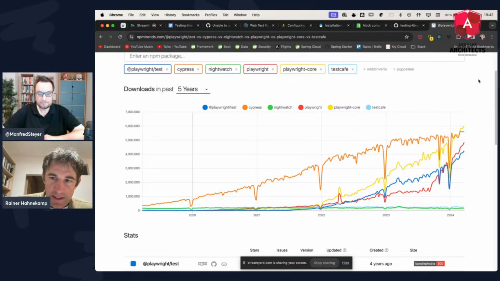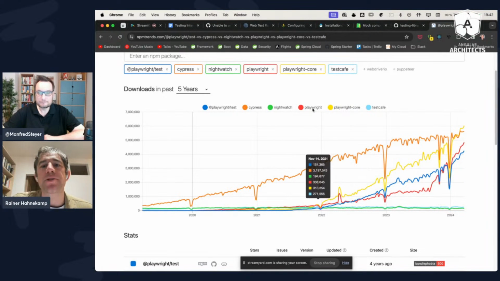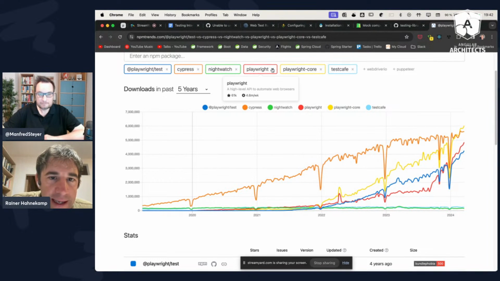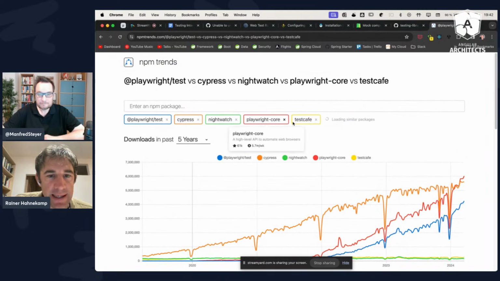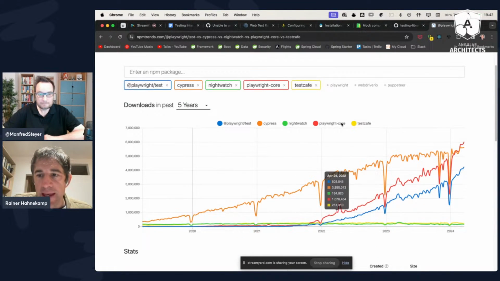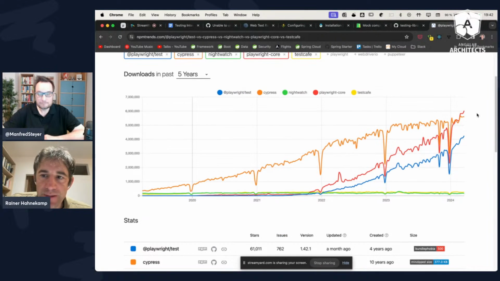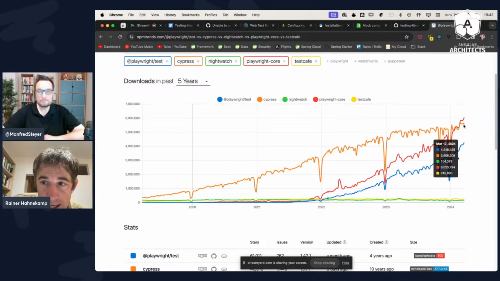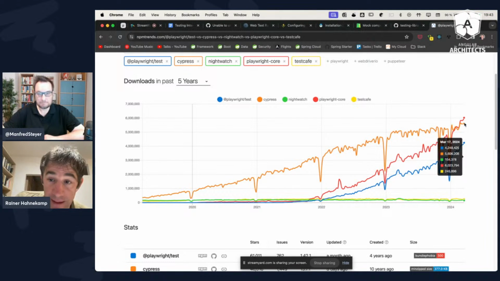And since 2022, we see that I have here three different libraries of Playwright, which all make up Playwright in a way, but I can remove at least Playwright and leave just Playwright Core and Playwright Test itself. Now, the interesting part is, depending on what you see as Playwright, if you count Playwright Core as Playwright, then the current number one, and you see that the gap is already increasing, is Playwright.